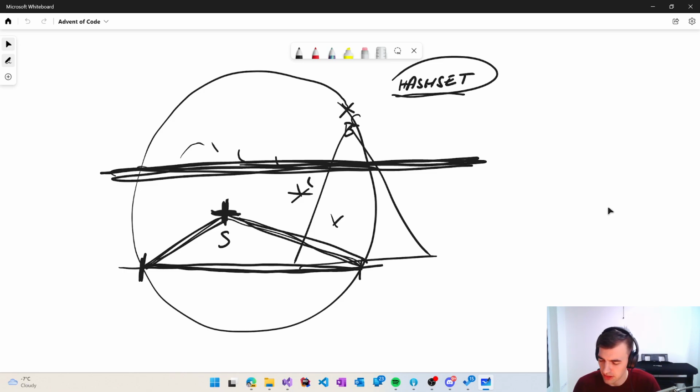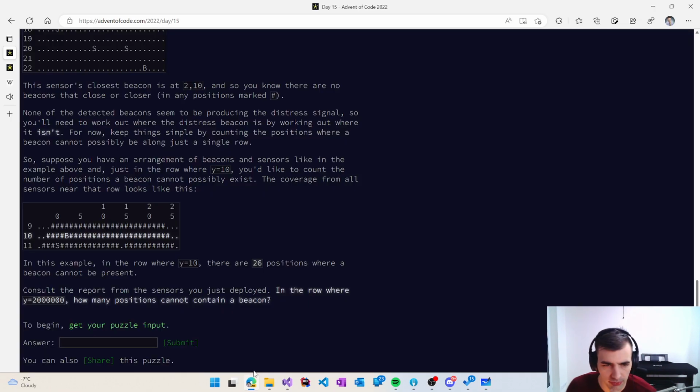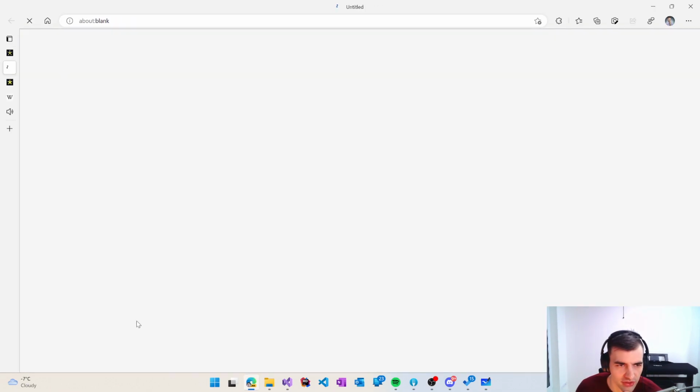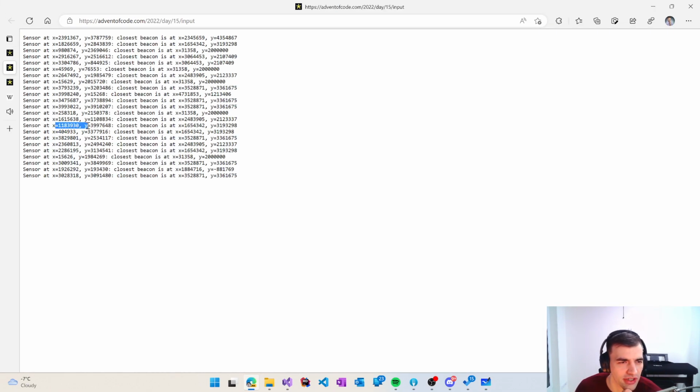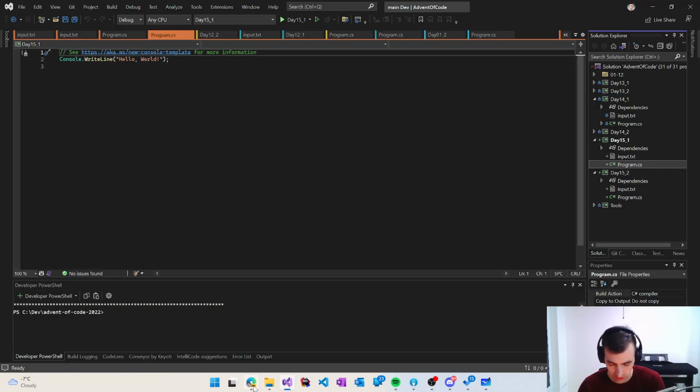Yes, that makes sense, although we might not want to go through all the positions one by one, otherwise it would be quite inefficient, because these are quite big numbers to go through. Like it's millions, so it wouldn't be something that a computer wouldn't be able to handle. But